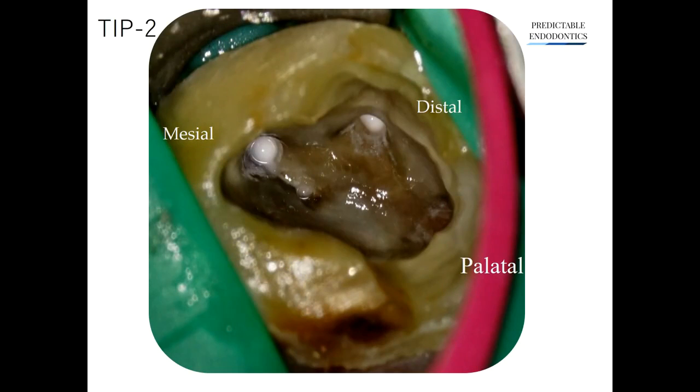One common way of localizing the NB2 canal is by drawing an imaginary line connecting the mesiobuccal with the palatal, and then using this line we draw another 2 mm long line at about 10 degrees mesial to it. More often than not, you will find your NB2 canal lying on this red line here.